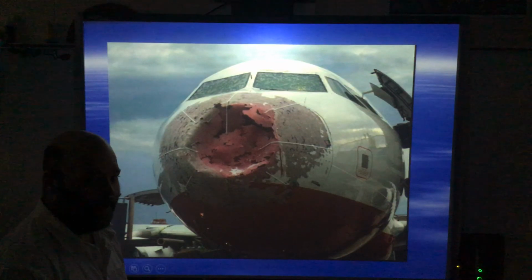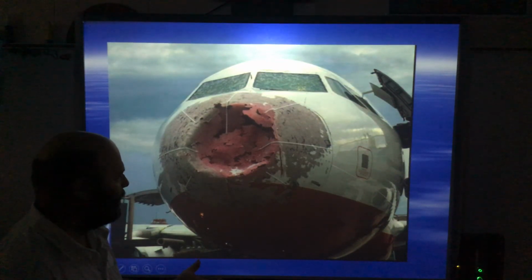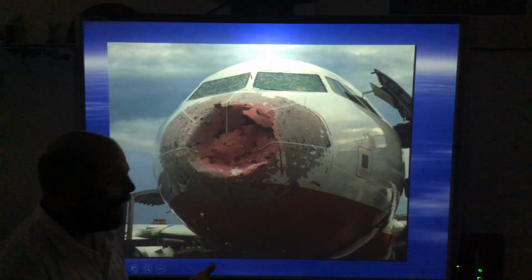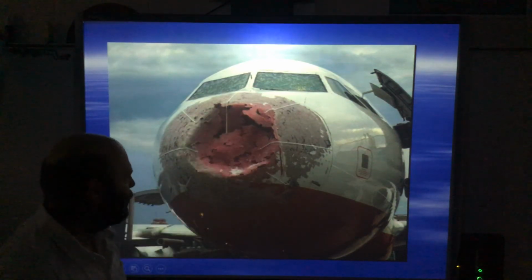Let's keep going. Now, this is some of the damage that hail can do. This plane right here, you can see its nose is totally caved in. The windshields are smashed. This plane went through a hailstorm, and probably not on purpose. It was probably an accident because obviously something like that could crash the plane, because all their navigational devices are in the nose of the plane. So very, very scary time, I'm sure, for people like that.